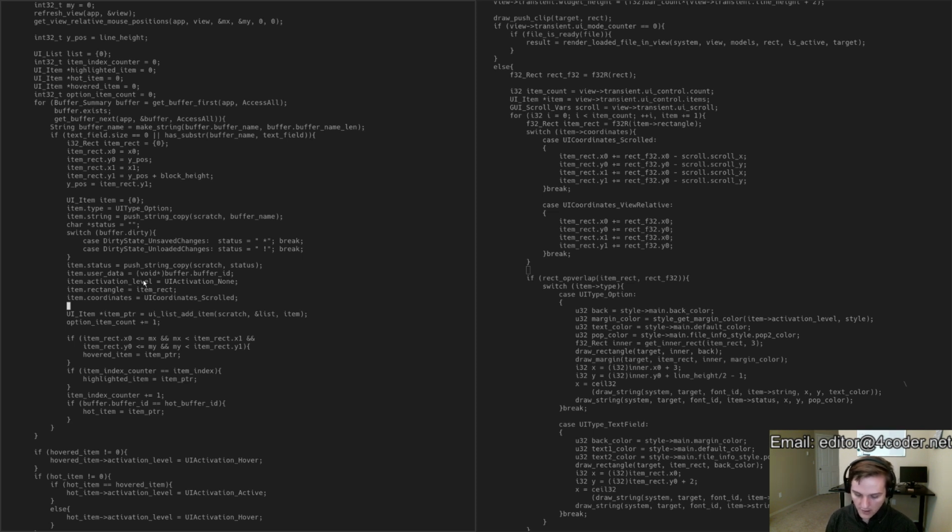So step 1, discover the first and last indexes you want to emit from item height, view height and scroll position. Step 2, generate a filtered